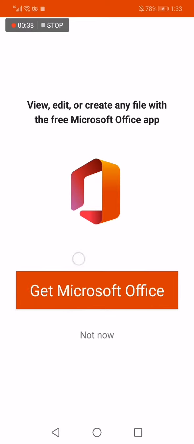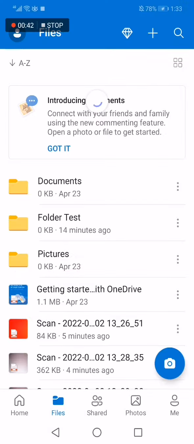Now all you have to do is download Microsoft Office, and you will be able to add your